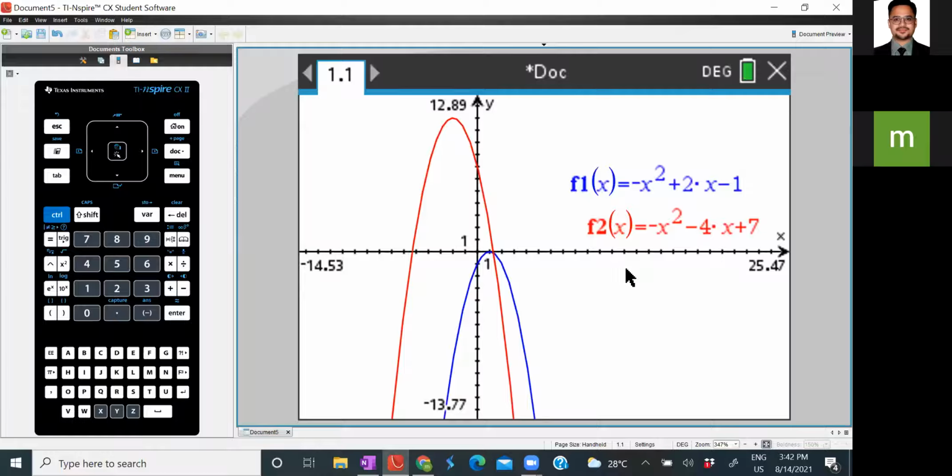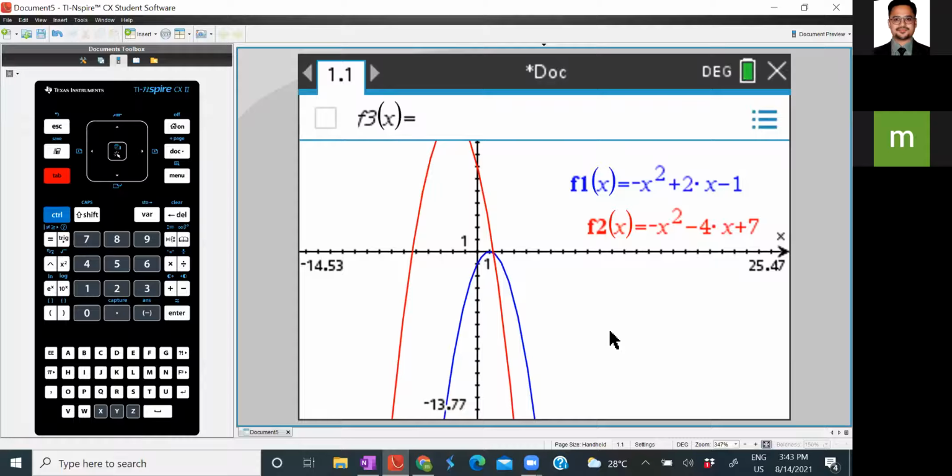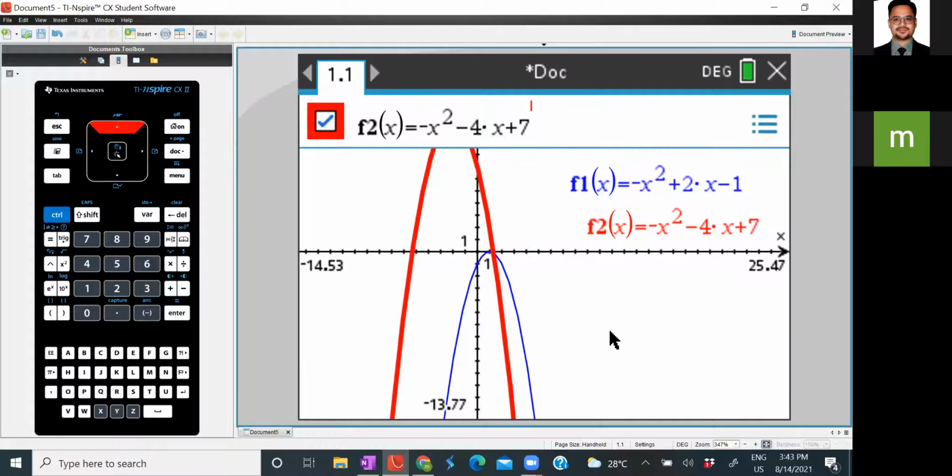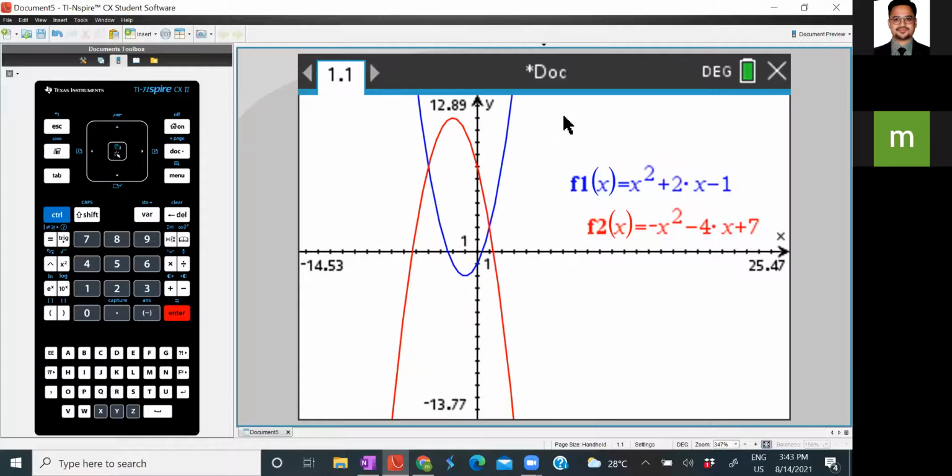All right. So can someone guess where these both intersect? Now, if you want to see the functions again, for example, you just need to press tab and press up button. It will take you up. So here the equation was actually plus x. So just enter and this is the change.